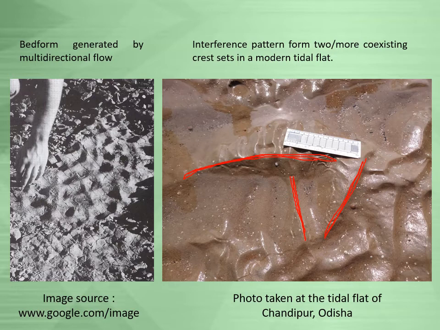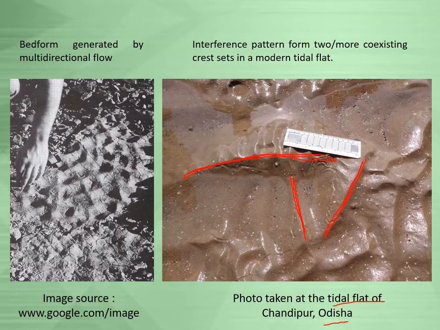So that is why these are called interference ripples, and these kinds of interference ripples are very common in the tidal flat regions. That means the regions where tidal activity is more pronounced, is well observed. Those areas are known as tidal flats. So these interference ripples are a very good indication of tidal flat region. So in the right hand picture, this picture is from a present day tidal flat of Odisha,